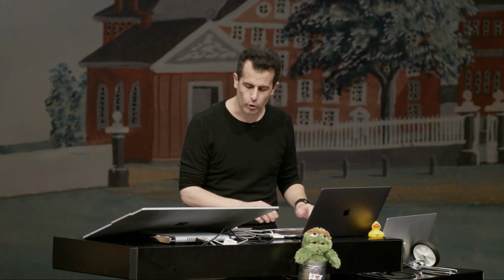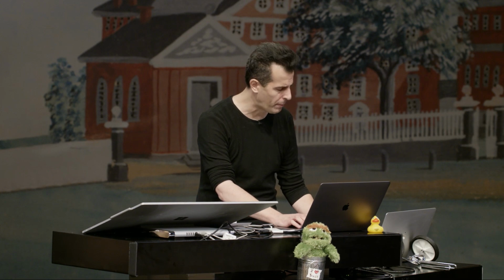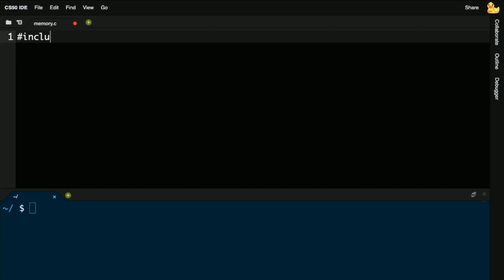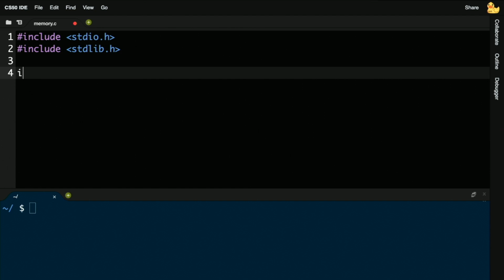So how do we use Valgrind? Well, let me go ahead and write a short program that doesn't do anything useful but demonstrates multiple memory-related mistakes. I'll call this file memory.c. I'm going to go ahead and open up the file memory.c and include at the top standardio.h. And then I'm going to also preemptively include standardlib.h, which recall is where malloc is, int main void. And I'm going to keep this one simple.